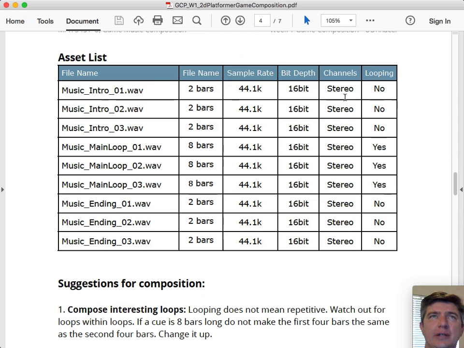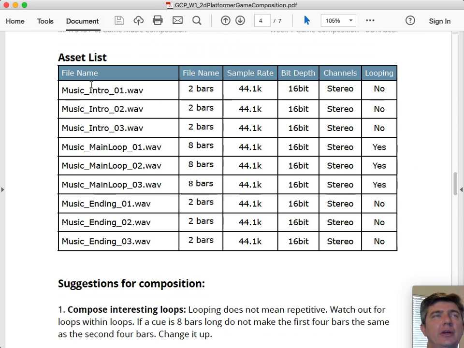They are 16-bit 44.1 stereo files, so they're all going to be formatted the same way. This is pretty standard CD quality audio. And the intro files and the ending files do not loop, but the 3 main loops are set up to loop.